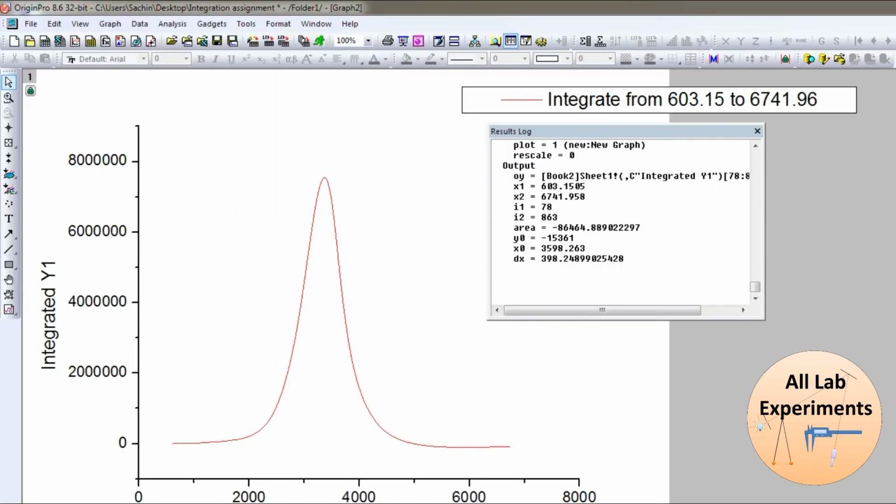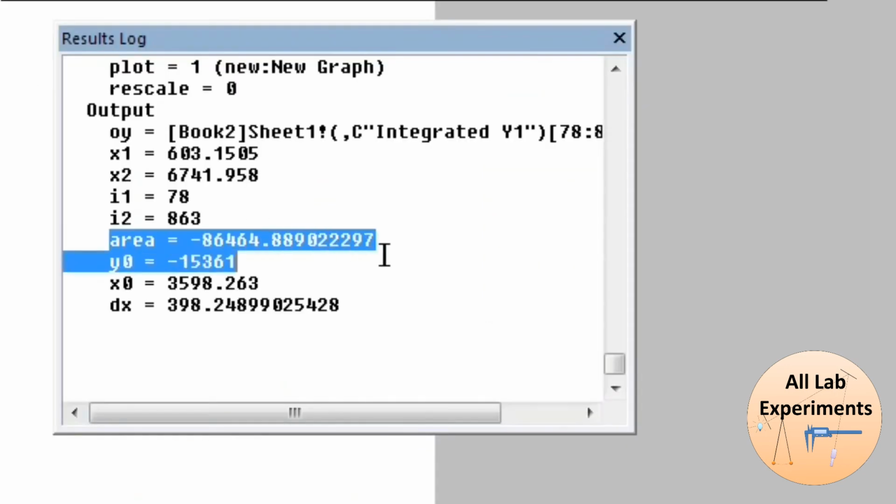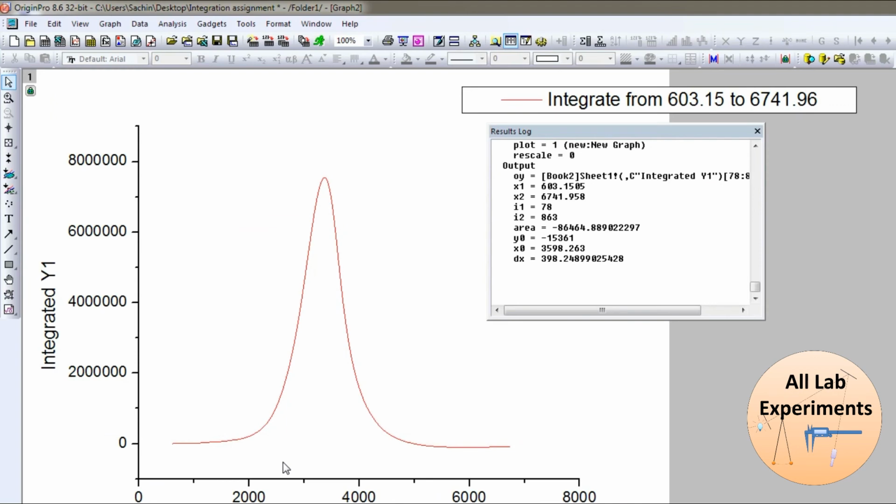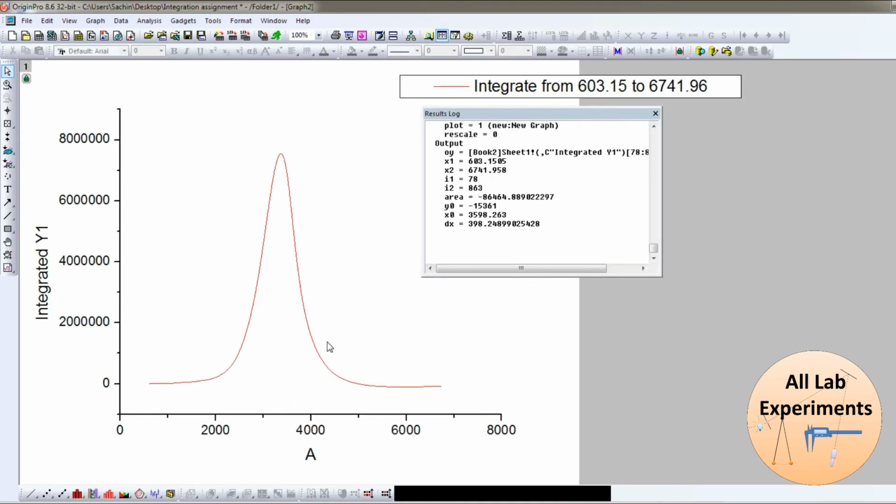yes, this is the mathematical integration curve of the curve which we were looking at earlier, and the information like the mathematical area is given here. The main thing is that I want the data of this plot.